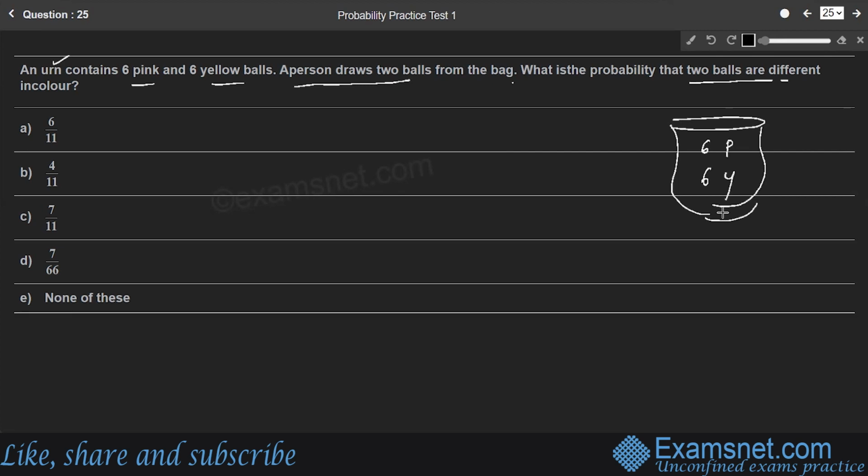So the person has to draw 2 balls out of the bag, and the probability is that the 2 balls are different in color. So he has to draw 2 balls in such a way that both are different in color. That means he has to draw 1 pink and 1 yellow ball. In how many ways can 1 pink ball be drawn, and in how many ways can 1 yellow ball be drawn? That we need to find. So the number of ways in which 1 pink and 1 yellow ball can be drawn,